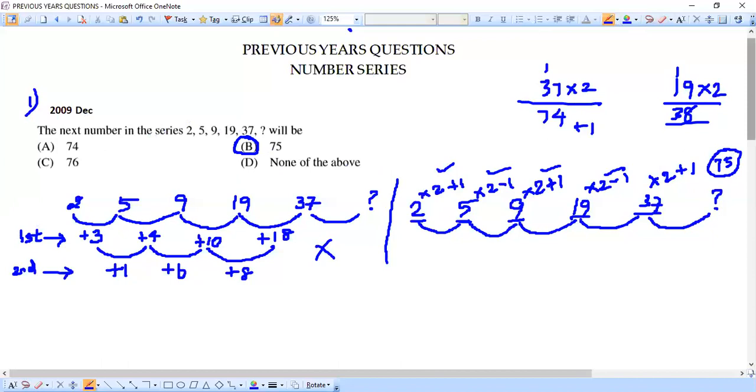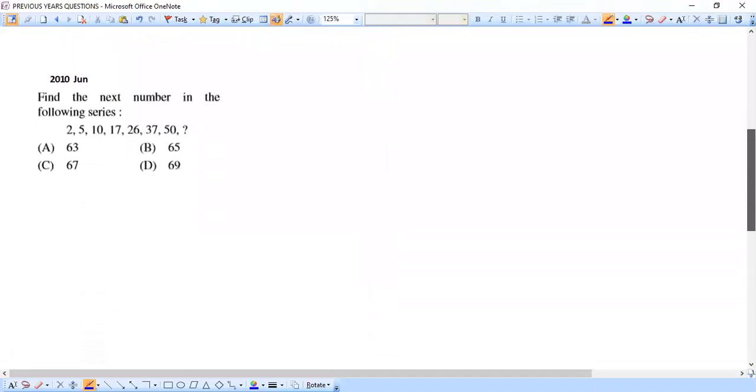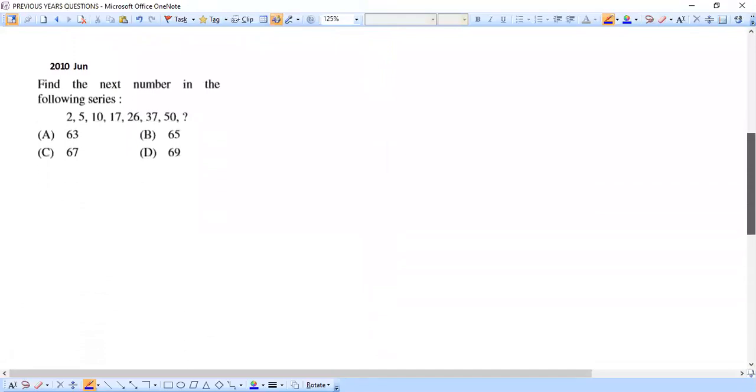I think we can move on to the next question, question number 2. Yeah, here it is, ready. I'll push it even more to the top position so that we get more space to work the question. That's the reason. Yeah, we are coming to the second question. I will name it question number 2.